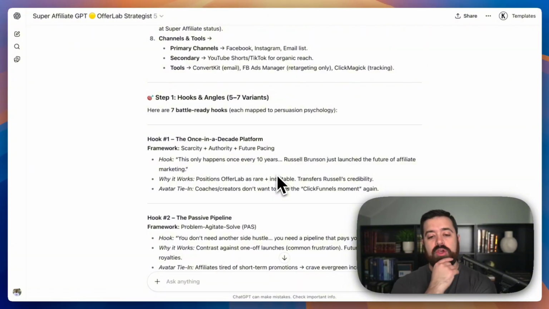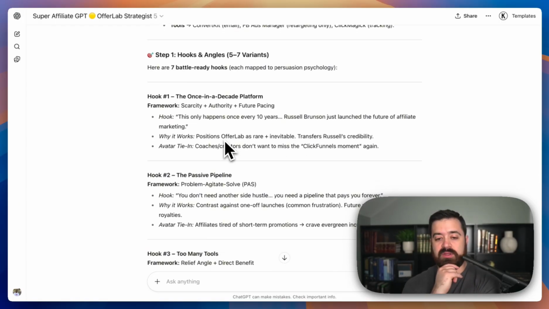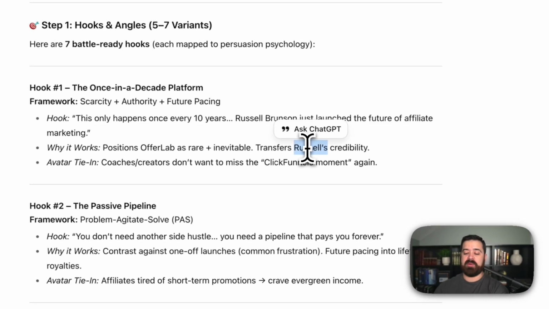Okay, step 1. Hooks and angles. Here are 7 battle-ready hooks, each mapped out for persuasion psychology. Hook 1, the once scarcity. Hook, this only happens once every 10 years. Russell Brunson just launched the future of affiliate marketing. Positions OfferLab. Yeah, we talked about this a lot in the